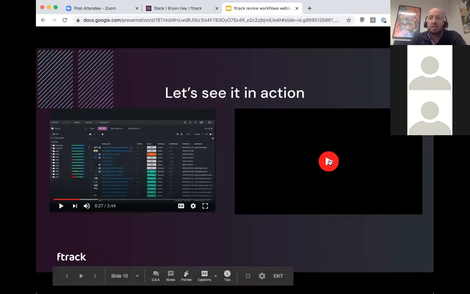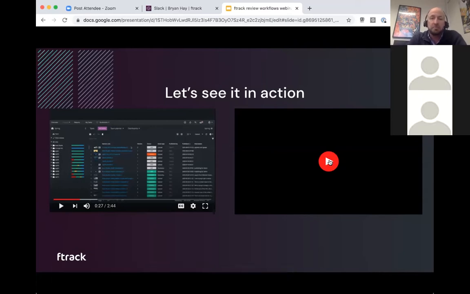Or if we're looking at it externally with another facility, they'll have the mirrored file system at their end as well. So